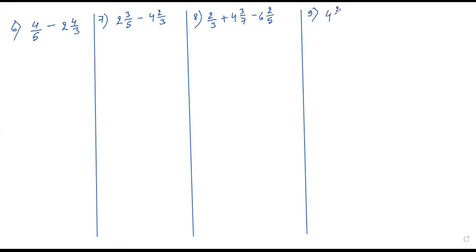Four all. Mute yourself. Mute yourself. Minus 5 2 by 7 plus